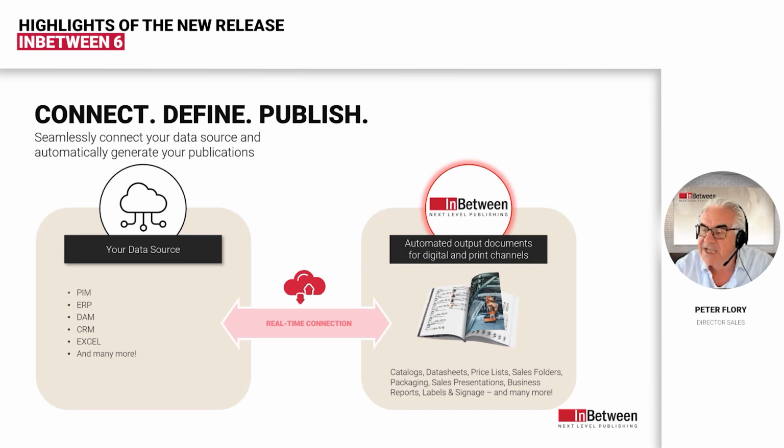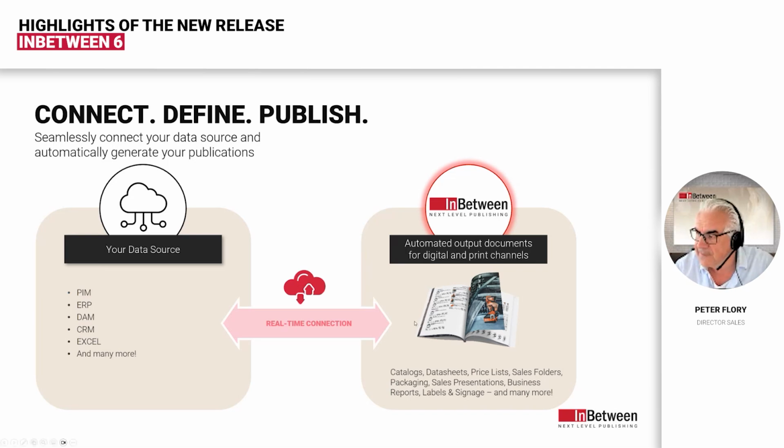Some customers use Excel for their product data, or Excel for specific data to control the flow in a catalog. So that doesn't really matter to us. We can connect a data source for product data, and we can add additional data sources as we need them. So for instance, in a lot of cases, we produce catalogs that include price information. That price information may come from an ERP system. So in this case, we consolidate product data from PIM and price data from ERP to put them on the